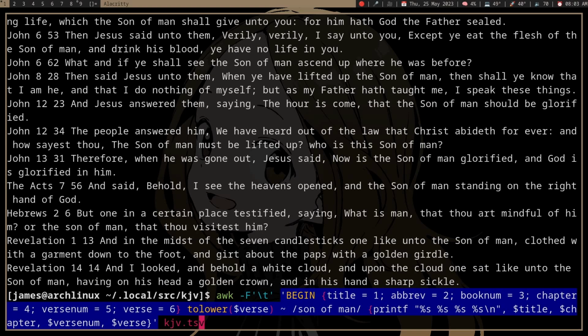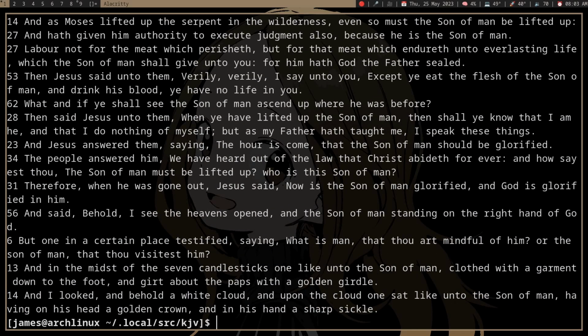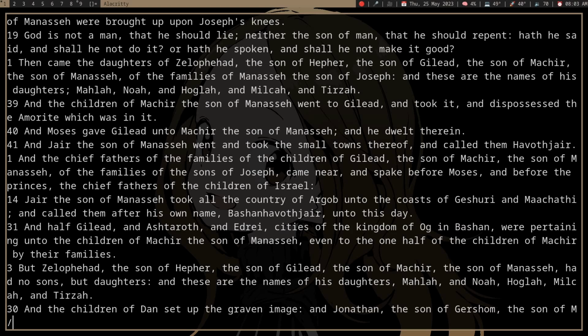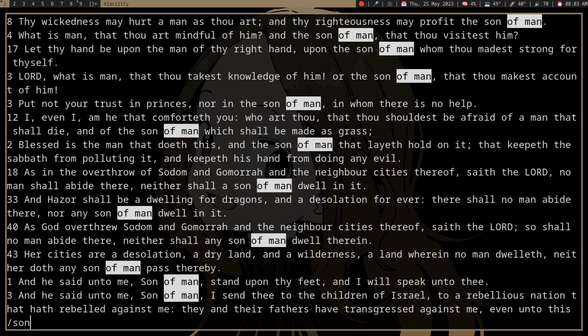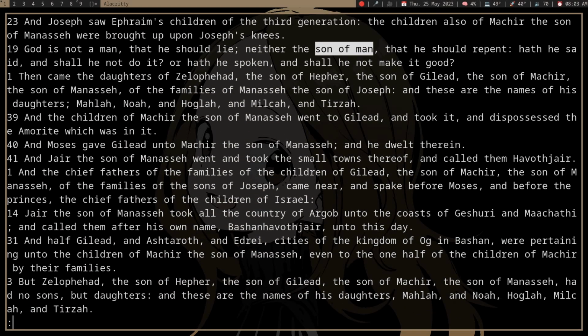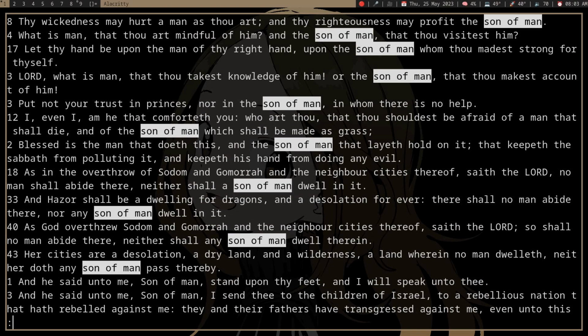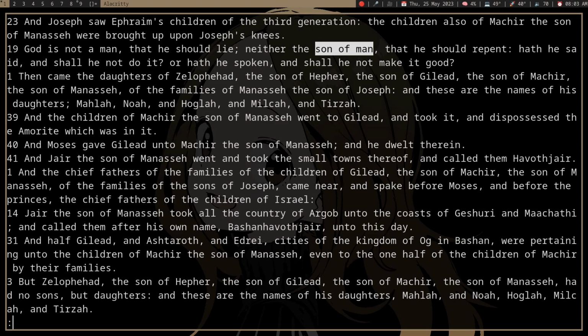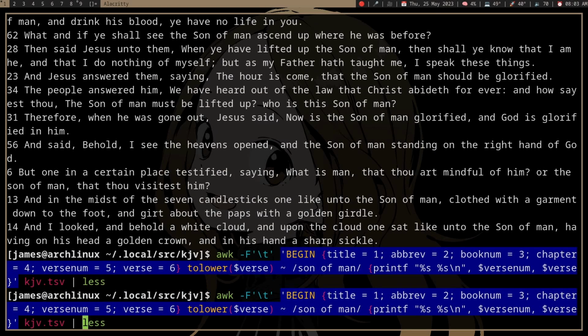And then we can do that. And let's see if we actually got what we want here. Field chapter verse number. Let's see, son of man, yeah, it matches son of man and son of Manasseh, but I guess we can do son of man,